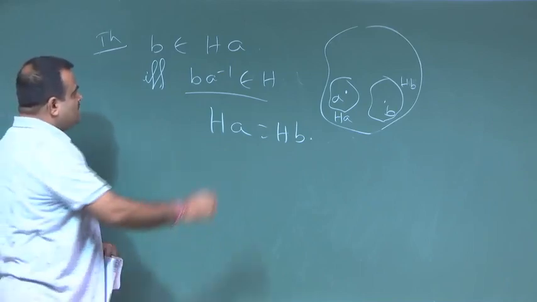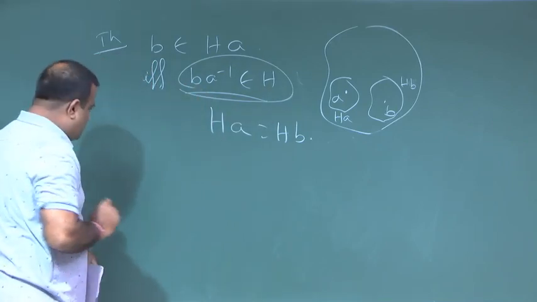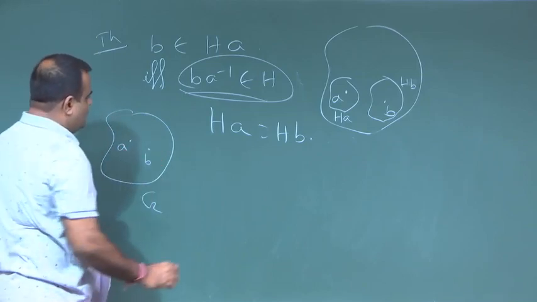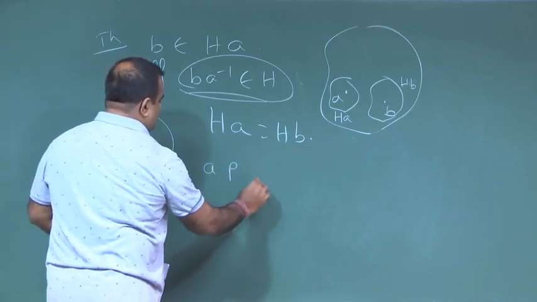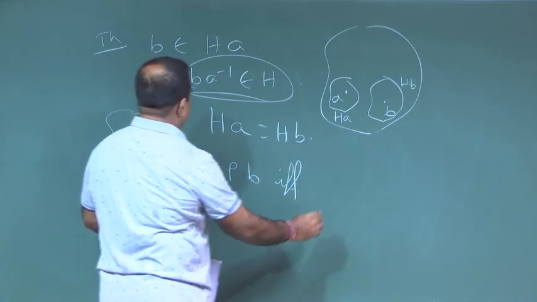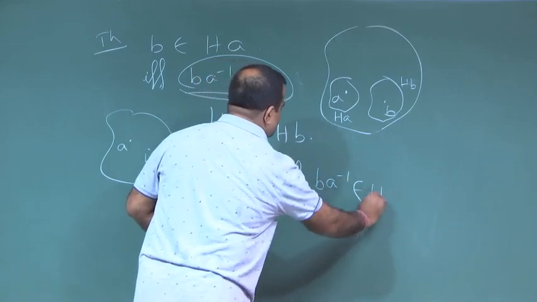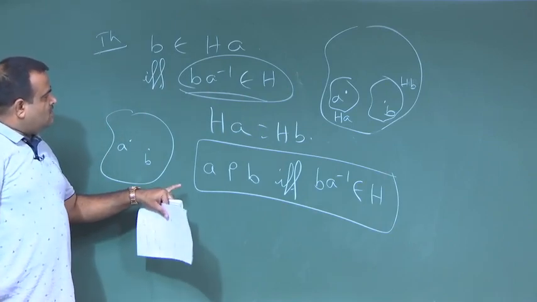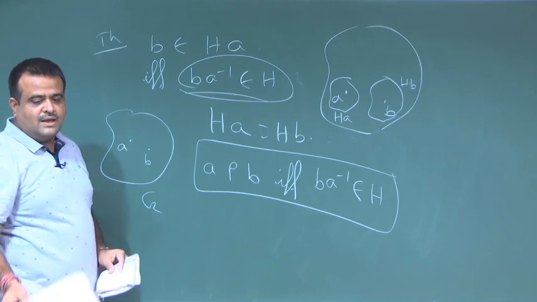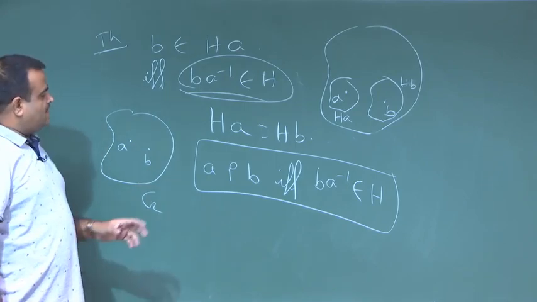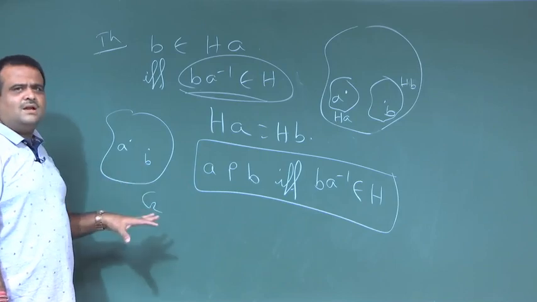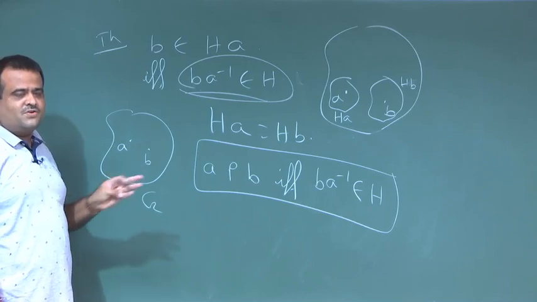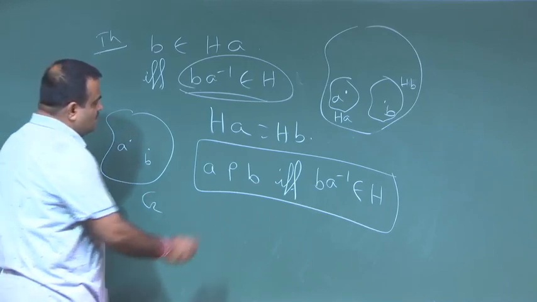Okay. So, we defined a relation. We have a set G, now we take two elements, and we define a relation: A is related with B if and only if B A inverse belongs to H. Now, this is an equivalence relation, like we did a similar thing for the left coset, this is for the right coset. A similar argument we will carry forward here. We can prove that this is reflexive, symmetric, transitive. So, this relation is an equivalence relation.